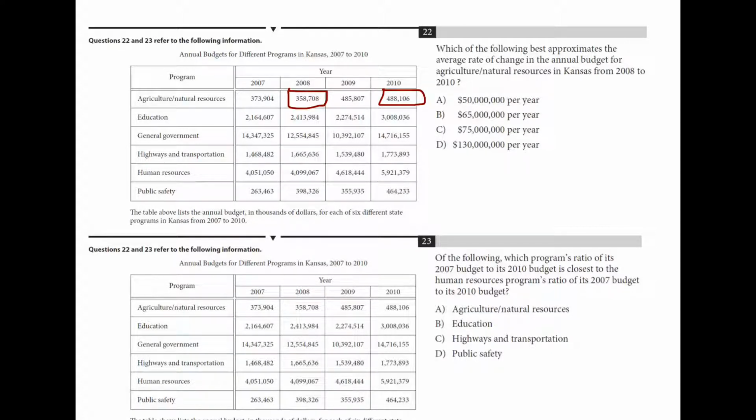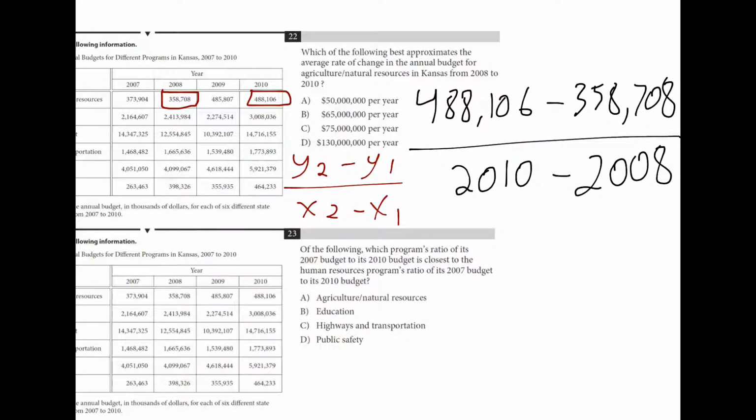So this is a slope problem. We are calculating the difference in these two values and dividing by how many years. So if I was to consider y2 minus y1 over x2 minus x1, I can use this formula to find my answer. Interpreting my table, I'm going to consider the year, such as 2010, as my x-coordinate and the budget